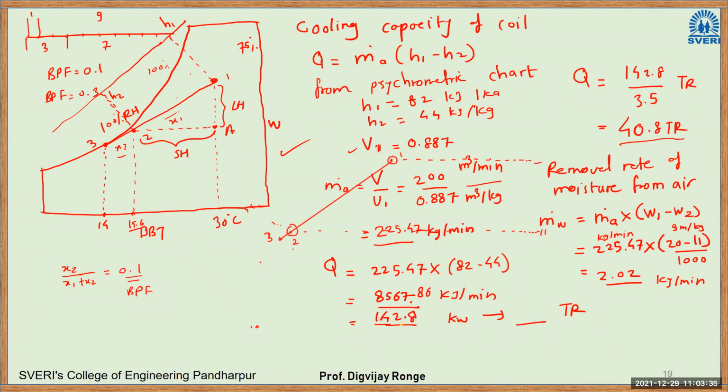In climates like desert climates, where there is a scarcity of water, certain projects try to extract the water from the atmospheric air. In this case, they make use of such coils and extract the water. So here you can see the water removal rate is almost 2 liters per minute.